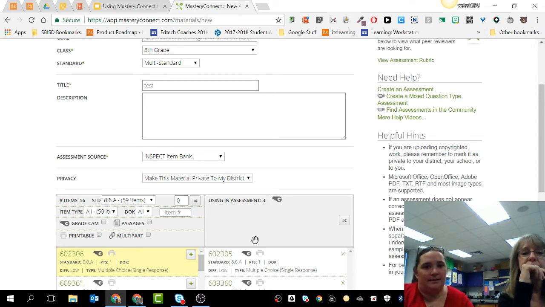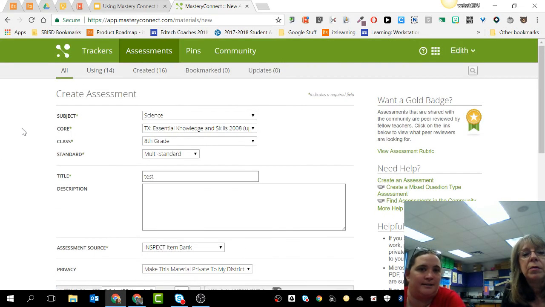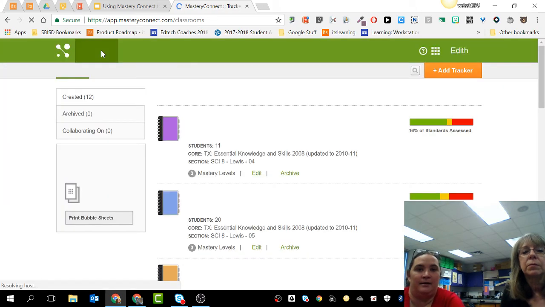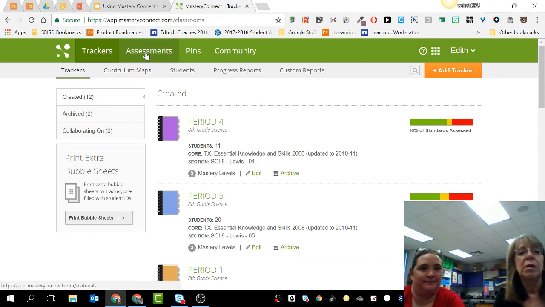One of the things that Edith said earlier, and I'd really like for you to show them, is the option for using this as an exit ticket. If you have access to lots of different computers or any kind of devices, it's a really neat feature to be able to use this as an exit ticket, or just a quick 5-question check. On the little generated piece of paper, or where they do it online? Where they do it online. Okay, so